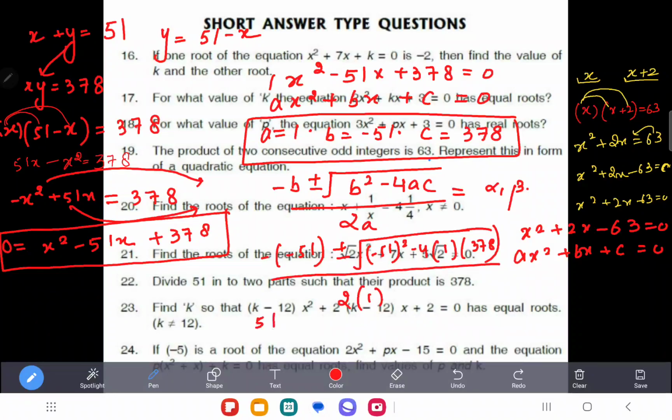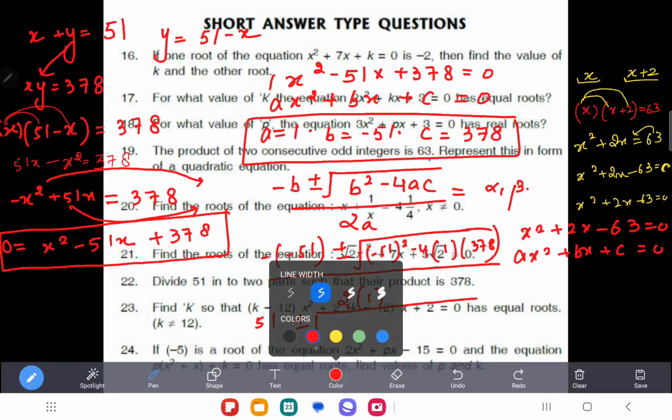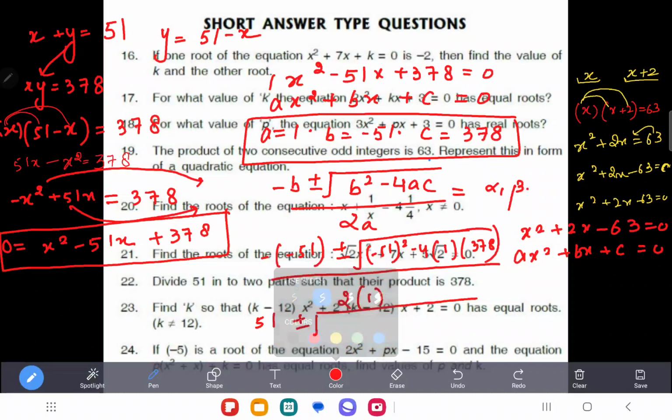So it will become what? 51 plus minus under root of 51 square shall be how much? Let's do that. 51 square should be 51 into 51. 1 times 1, 1 times 5, 5 times 1 and 5 times 5. So you have 2601